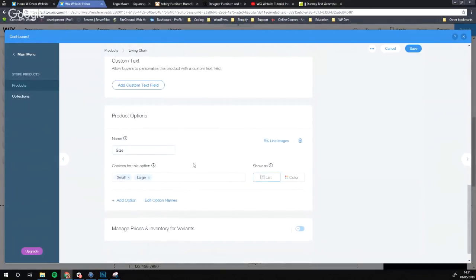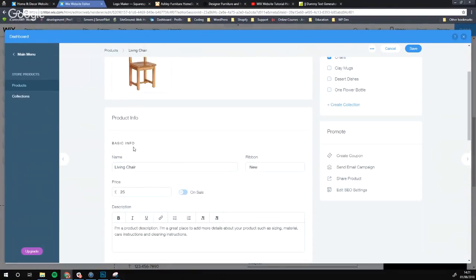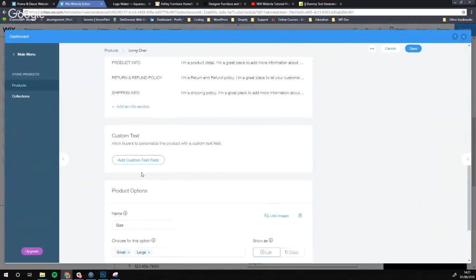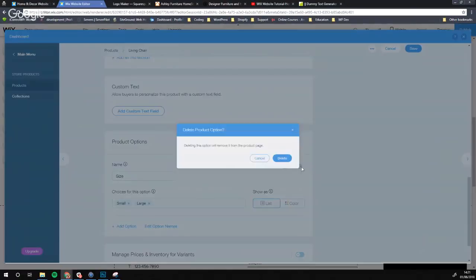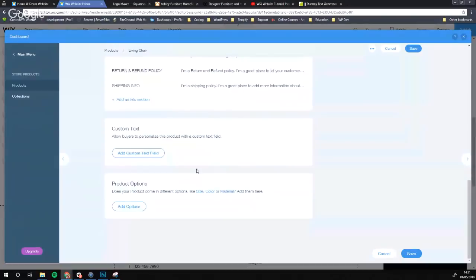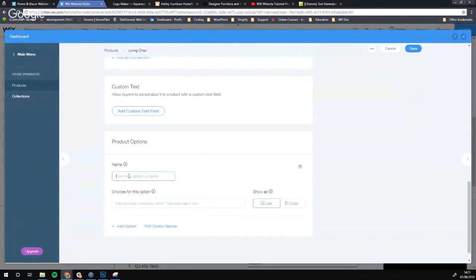So for instance, this is going off the template that we had before. So we have different sizes of this chair, and that was added actually just off the previous product that was here. I'm going to remove these options for now, as I just wanted to show you a couple of different things we can do. So if we go to options and we go to color, what we can do here is add in different colors. We have red and blue,